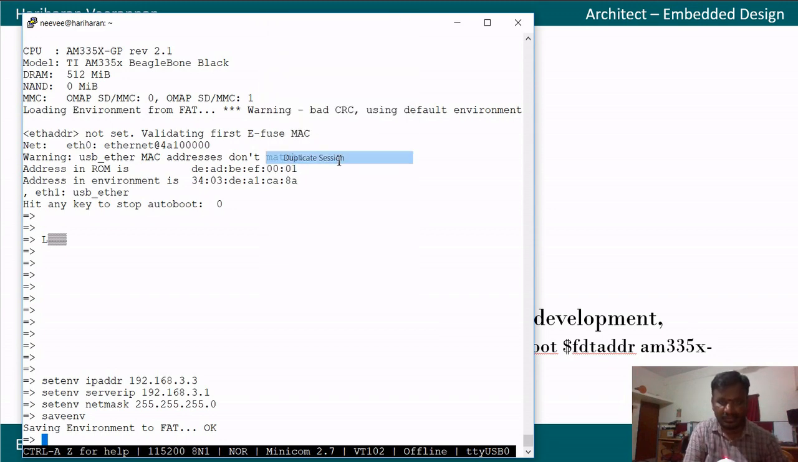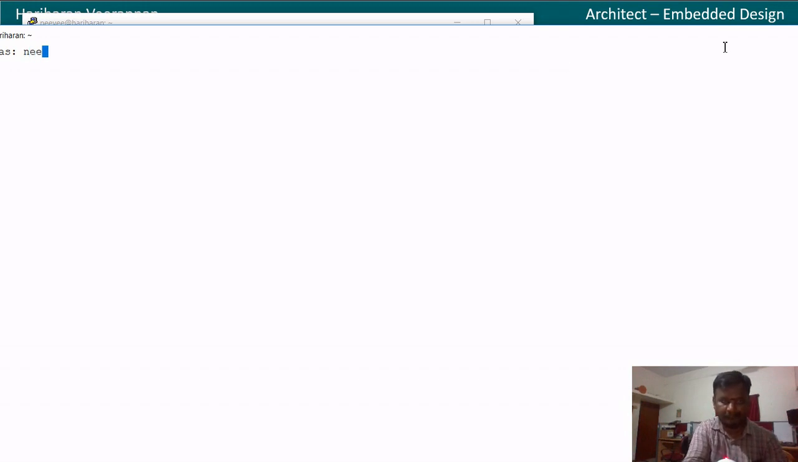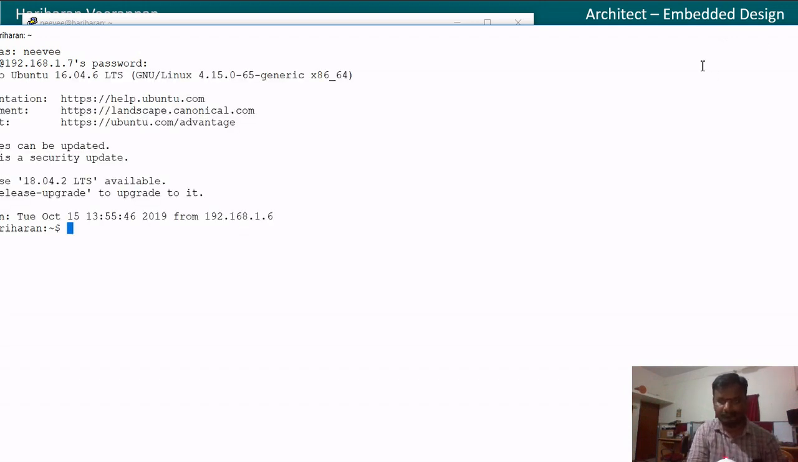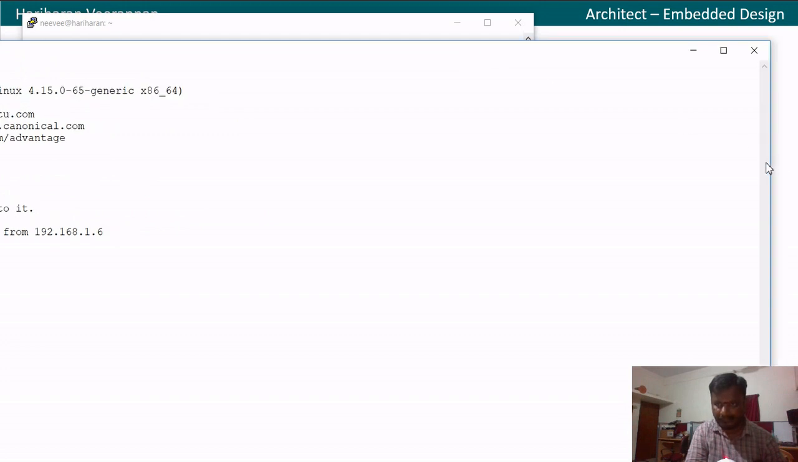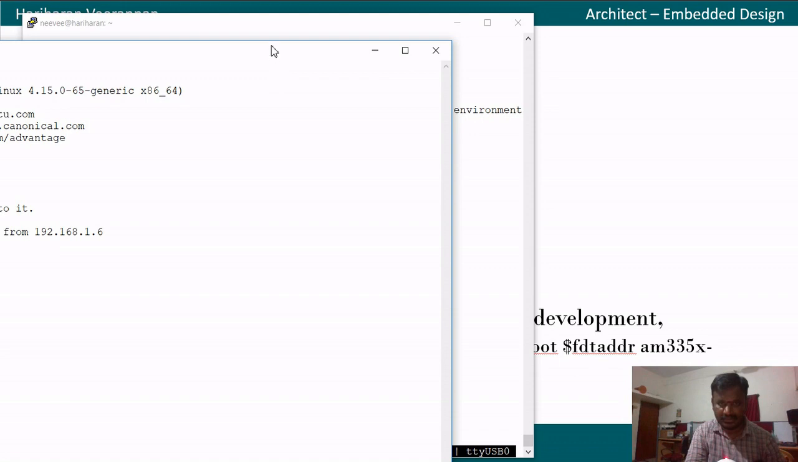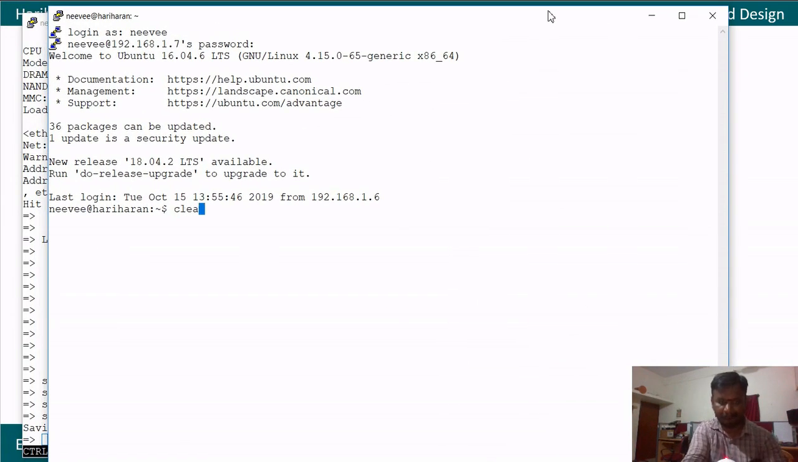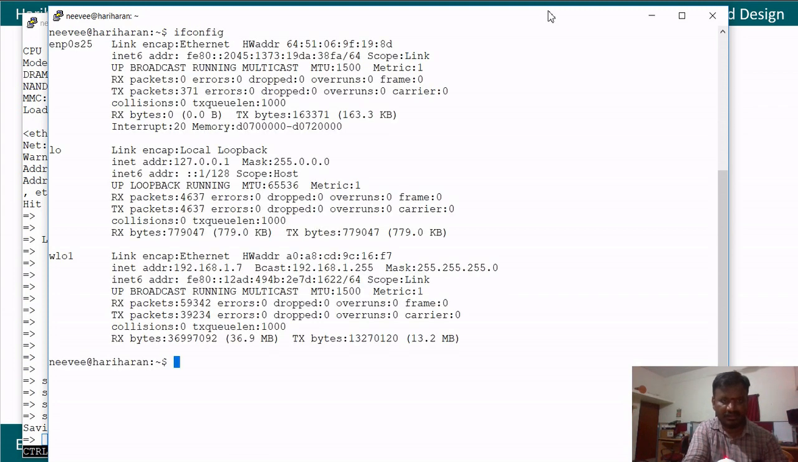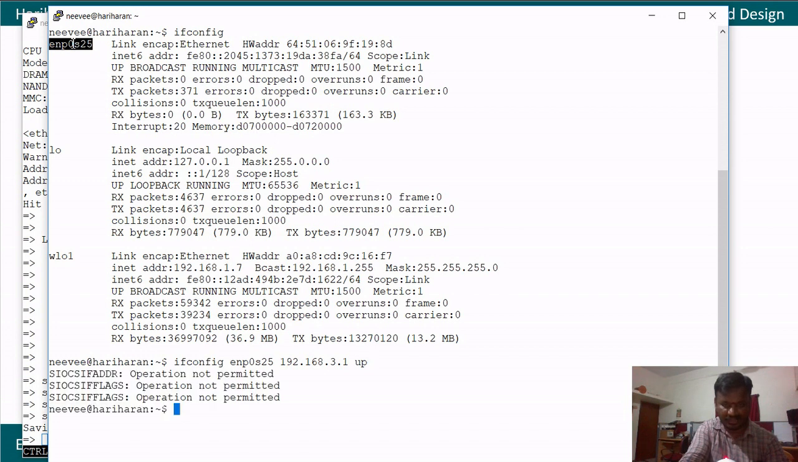Now I'm going to configure my development PC. With ifconfig, I have that Ethernet, and I'm going to configure it with 192.168.3.1 and bring it up. Okay, it has to be sudo,